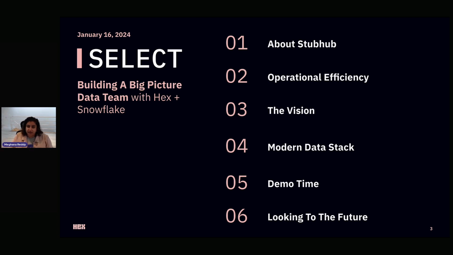So that gets into the vision. And then to bring it back to reality and make it a bit more real, we have two demos that I'm really excited to show you that I think really help illustrate what that day in the life ended up looking like, before and after, through this transition into a modern data stack.